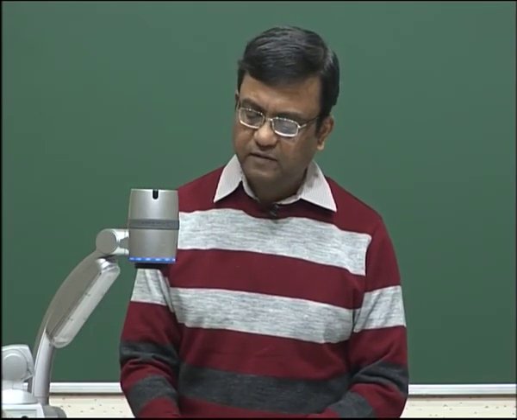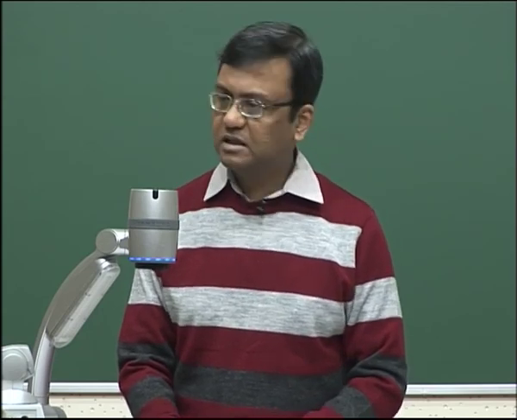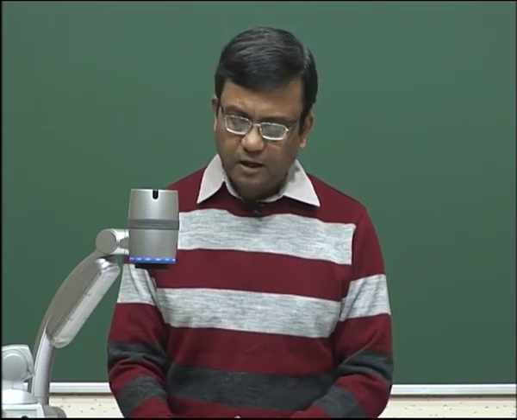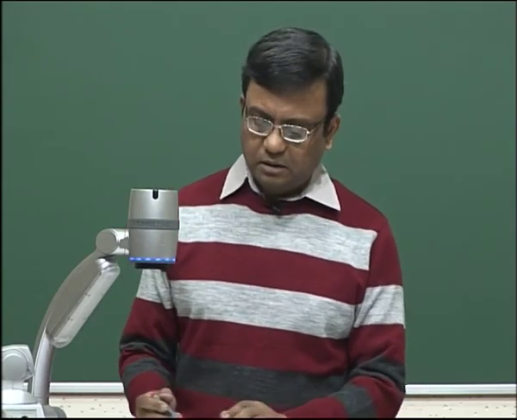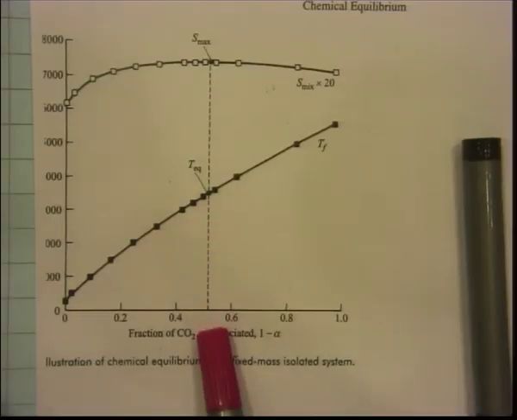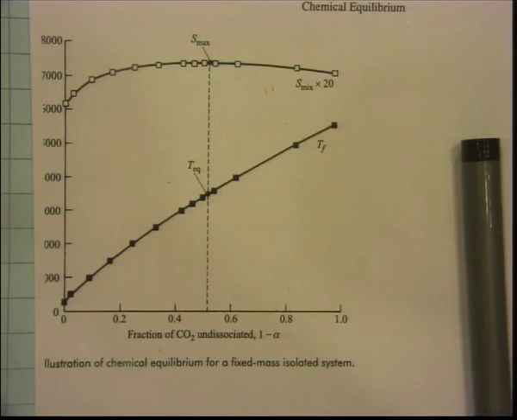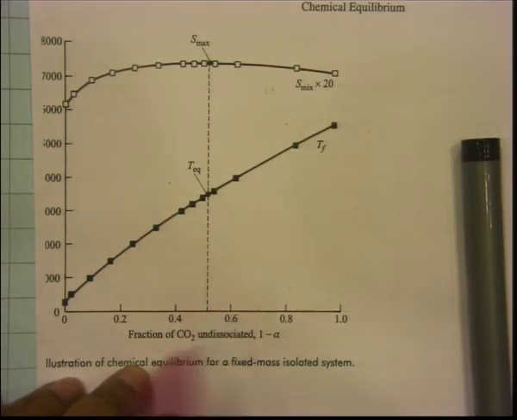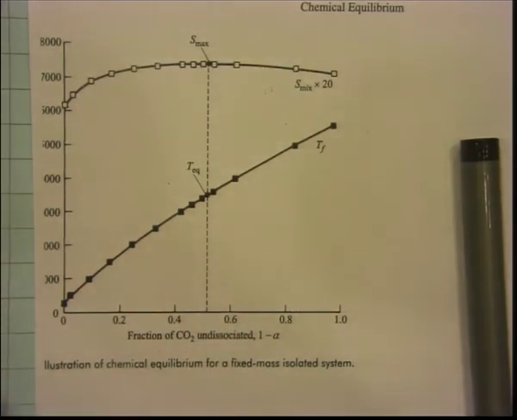So, the complete combustion gives you the highest value of flame temperatures, but in this case we do not expect complete combustion to take place, because if you are leaving it for a long length of time, you get this temperature, which is a more likely temperature. So, this is an equilibrium temperature, okay, which corresponds to an equilibrium value of 1 minus alpha here. Who tells us this? Second law. And of course, this will require analysis, but roughly this is what it is.